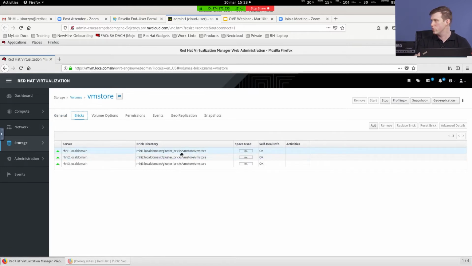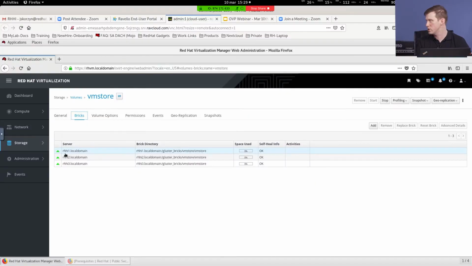Those are just LVM volumes on each of my Red Hat Virtualization hosts. So this is how we put together a volume and spread it across different nodes. And it's by default, so you didn't need to configure it. It was during the deployment. Yes, exactly.